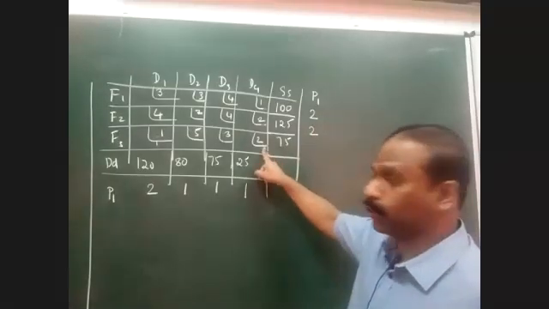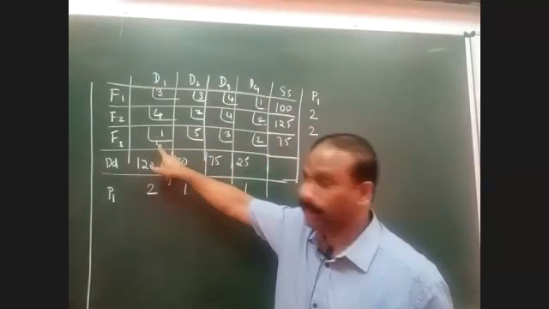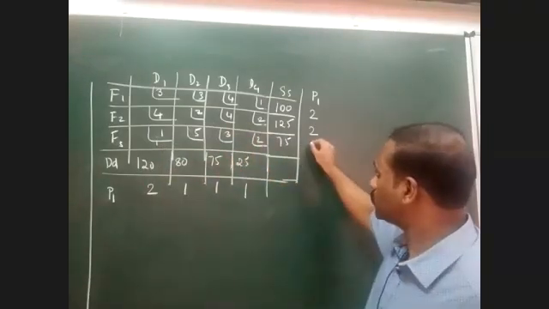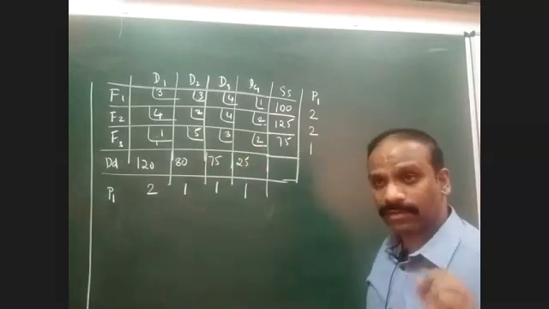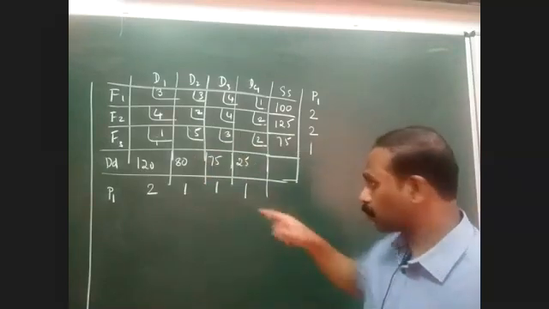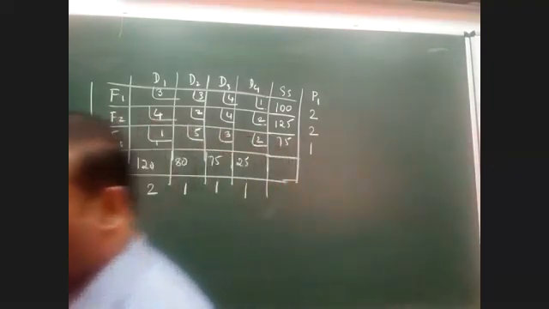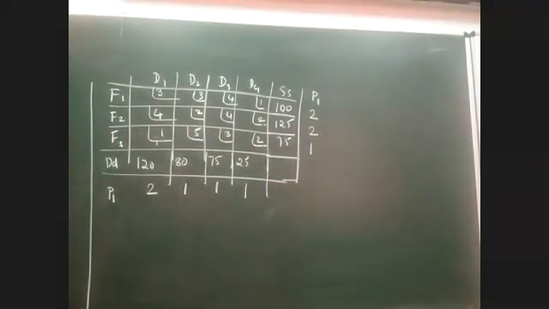Coming to the third row, the lowest value is 1 and the next higher value happens to be 2. So the difference between 1 and 2 is 1. After successfully calculating the penalties both row as well as column wise, can anybody please tell me what is the next step to be done now? After calculating penalties?